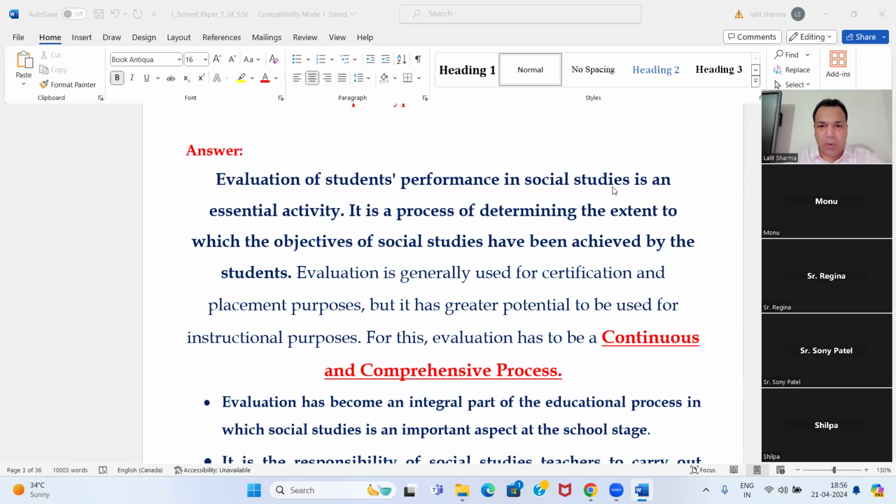Evaluation of a student's performance in social science is an essential activity. अब बताओ मैथ्स में भी तो essential activity होगी. Evaluation of the student in teaching of biological science is also an essential activity. Anna, you would agree with me, right? It is the process of determining the extent to which the objectives of social science have been achieved by the